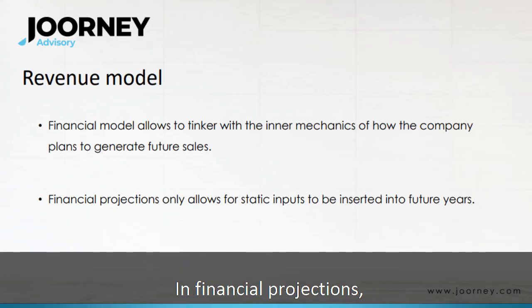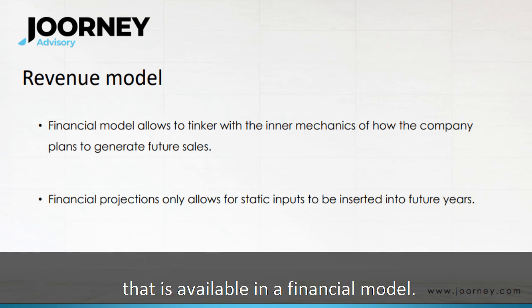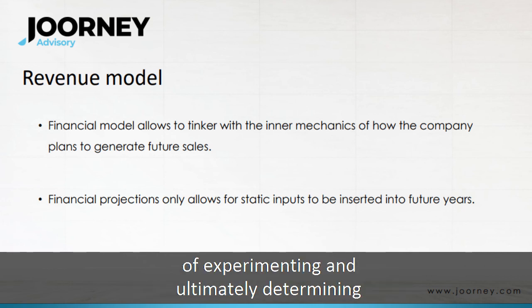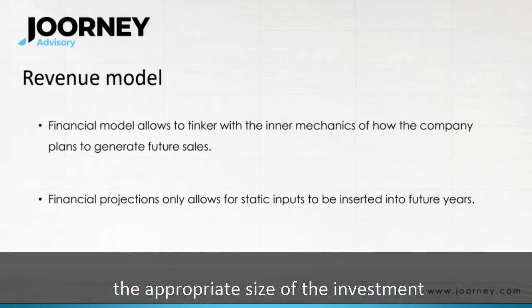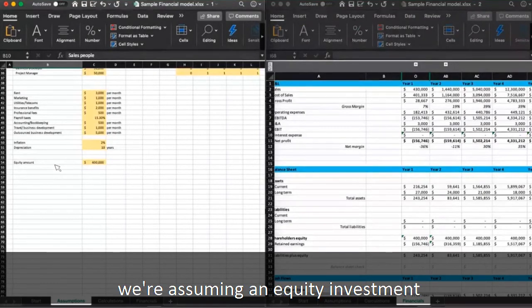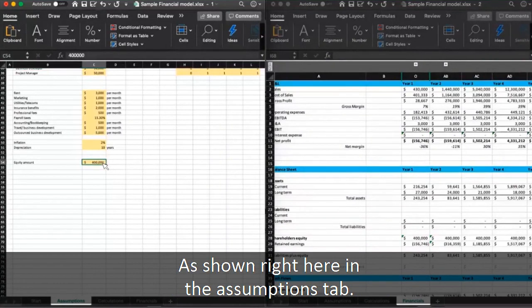In financial projections, it only allows for static inputs to be inserted into future years. And it doesn't have that dynamism that is available in a financial model. Determining the size of investment. A financial model allows the real-time viewing of experimenting and ultimately determining the appropriate size of the investment that's going to be required. So here we're going to assume an equity investment of $400,000 for this business, as shown right here